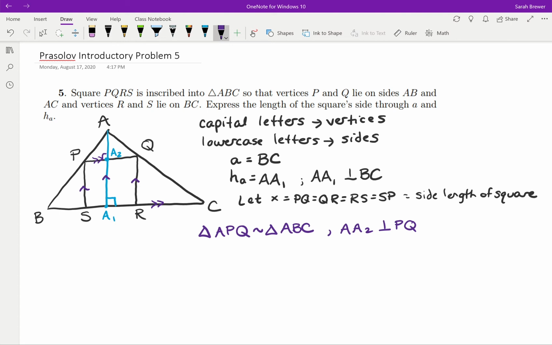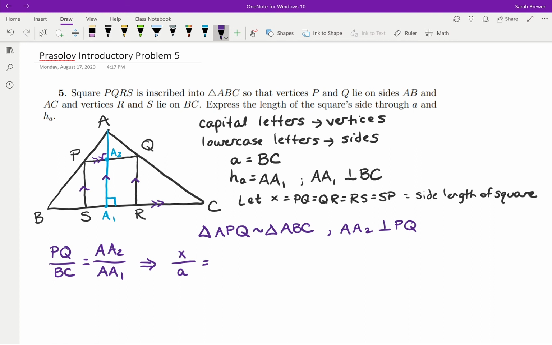And so because we have that relationship, we can say that the ratio of side PQ to BC is equal to the ratio of their altitudes, so AA2 to AA1. And, well, remember BC is our little a, and PQ is the side of our square, so I can say x over little a, and